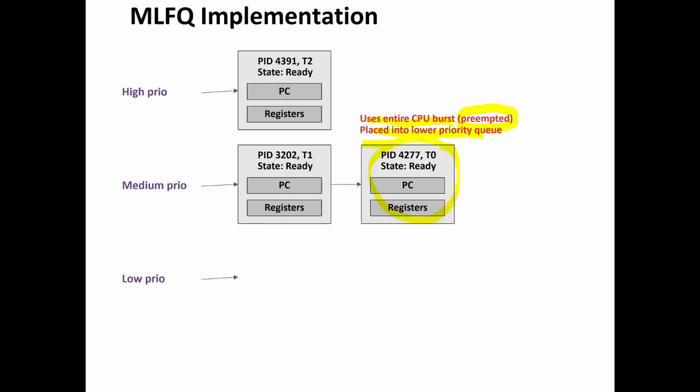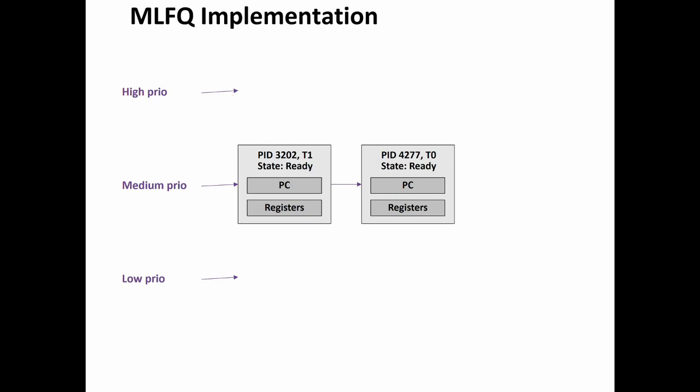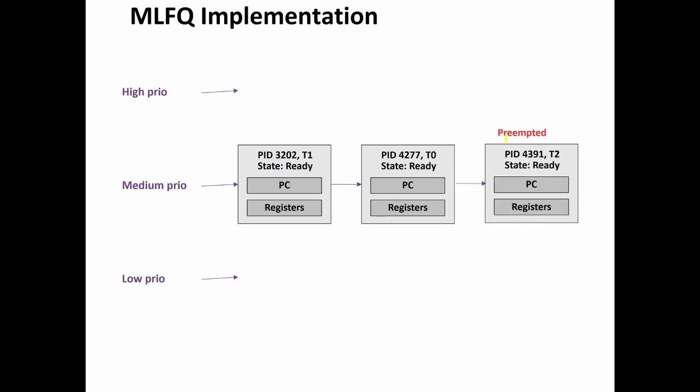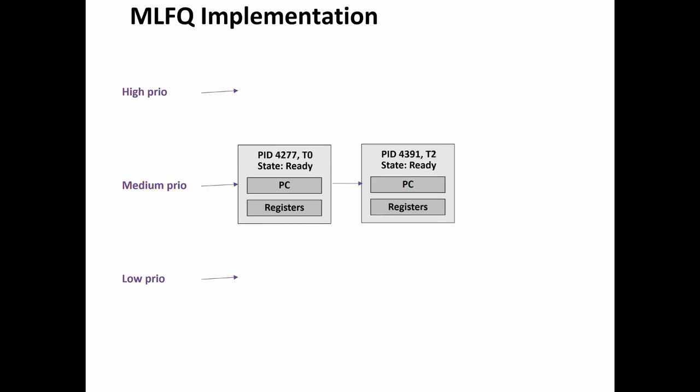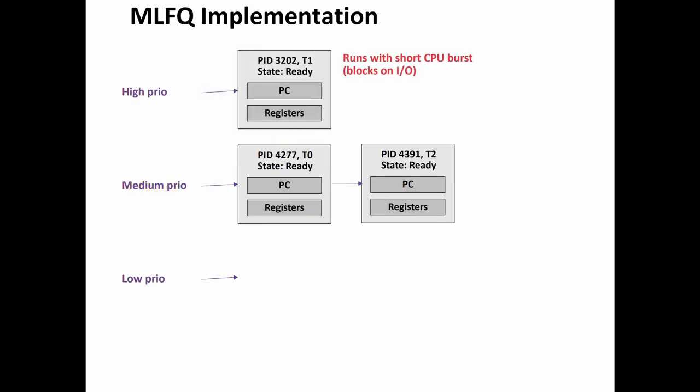And then after that we look again at the high priority queue, and we find the next one, we run it, and again we have to preempt it to get the CPU back from it because it did not complete. And after this, there's no one in the high priority queue, so we fall back to the medium priority queue and we run this. And after running him, if this